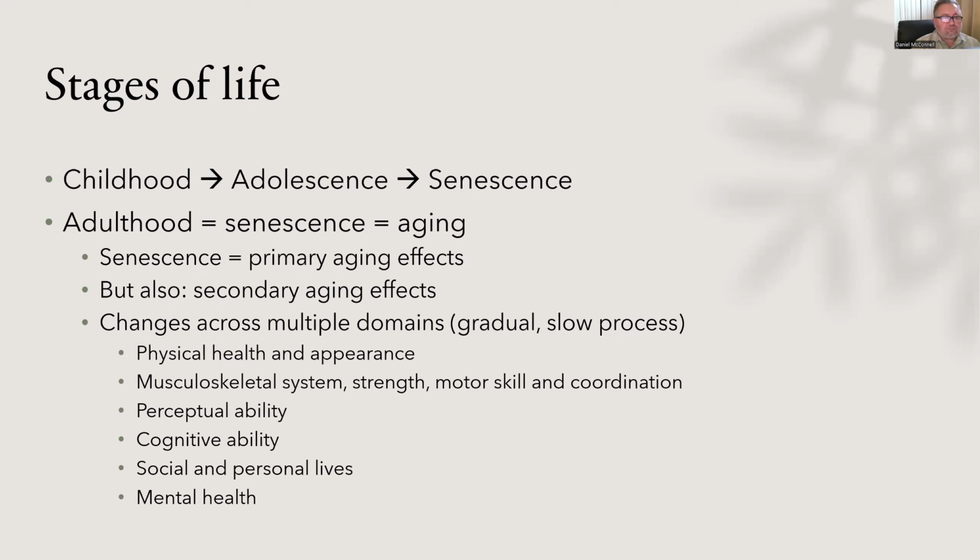But then there are also secondary aging effects, and these are also things that change with age, right? And they correlate with increasing age. But we use the term secondary here to say that they are secondary to aging, meaning that there's some other cause. In this case, that might mean that there are certain health conditions that occur more frequently in older adults. And because these health conditions might have some degree of, say, an impairment in maybe cognition, right? So one example could be Alzheimer's disease. It is accompanied by declines in memory functioning.